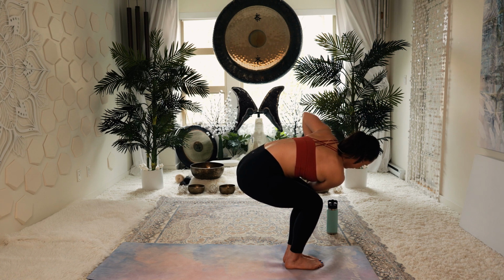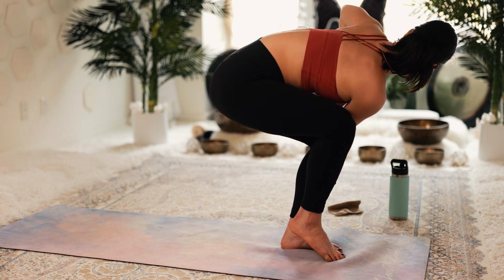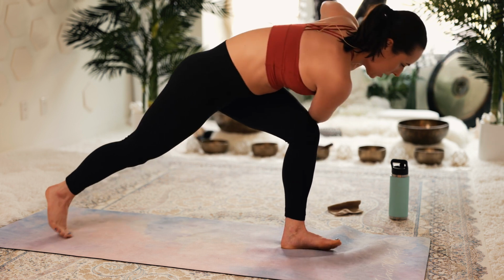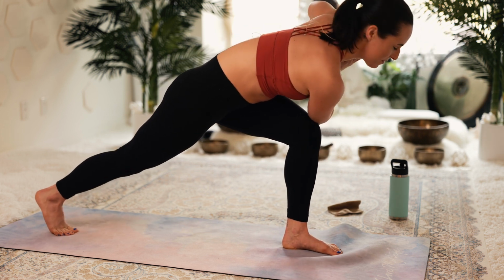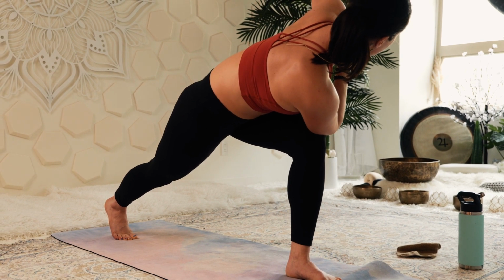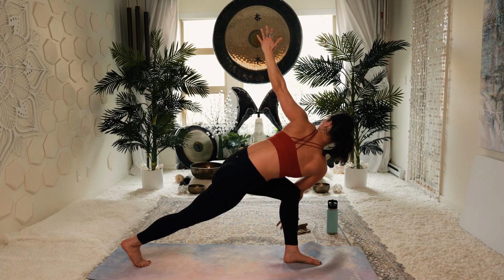Being mindful of your movement. Option to stay here or point the right toe, transfer the weight to the left foot, extend it back, and place it down. Again, you might be wobbly. It's a practice. Something new every day. Option to extend into your angel wings, open it up, stretch out the chest and the shoulders, breathe in,